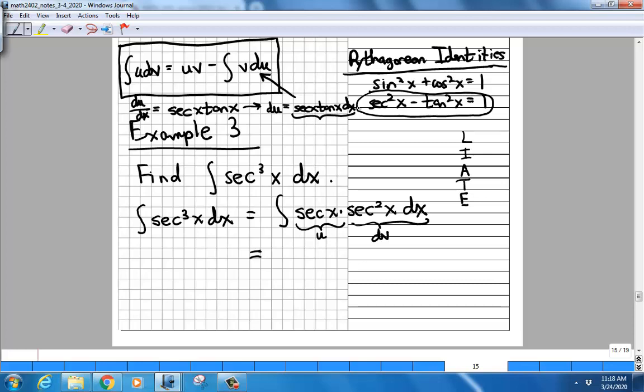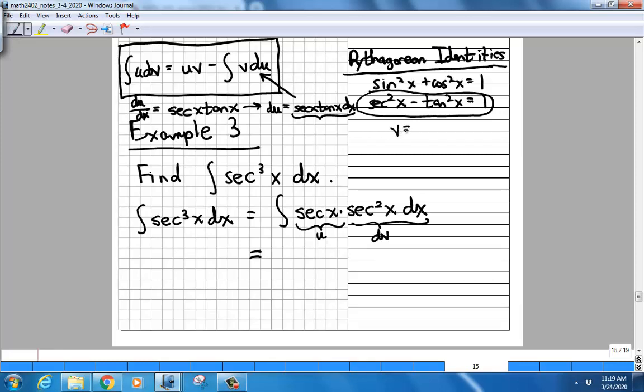Now the harder thing, of course, is going to be to figure out what v is, because to find v, I'm going to have to integrate dv. I know the derivative of v, but I have to find the original expression v. That means I have to integrate. In other words, I'm kind of solving a differential equation: I know the derivative of v, and now I have to recover v from that derivative. Let's see if we can do that. Let's see if I can squeeze that in here somewhere. So I'm going to erase my acronym LIATE. We've already talked about that. And now let's see if we can figure out what